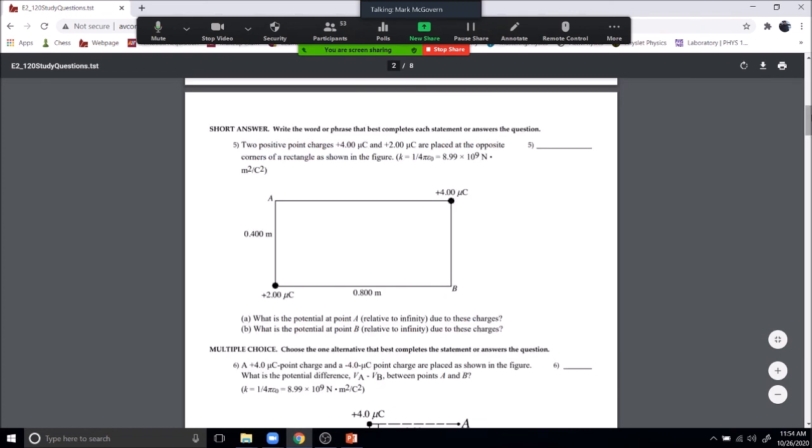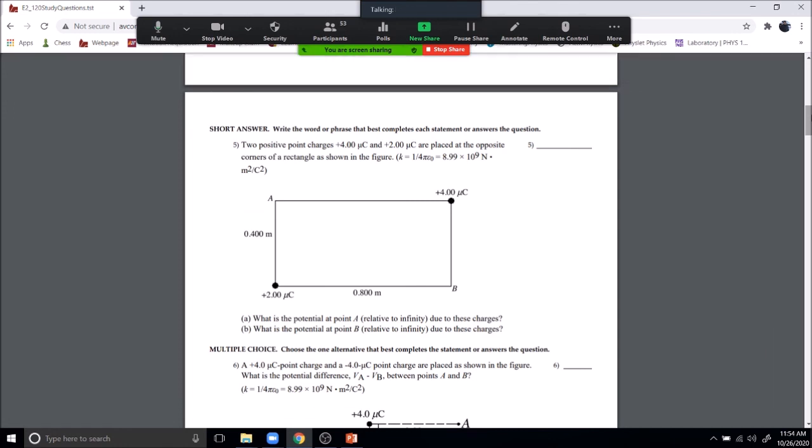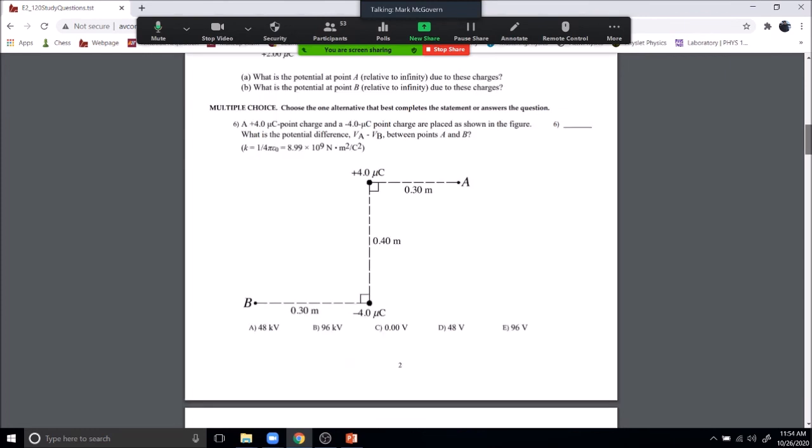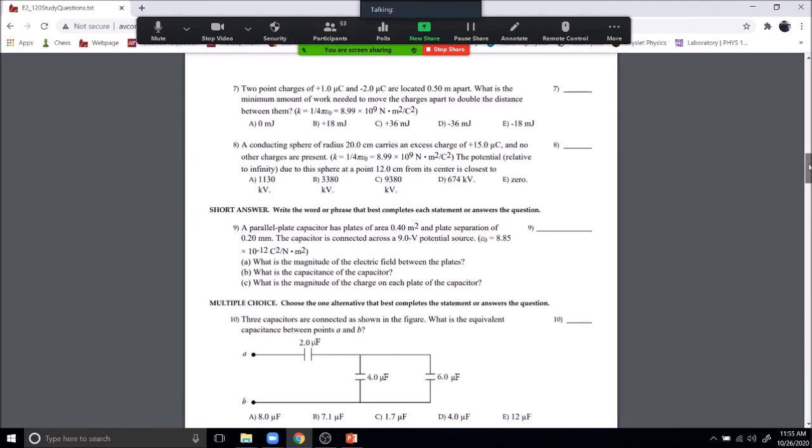All right. Anyway, in terms of the free response questions, I'm loving number 5 here, right? You've got a distribution of charges, and they want to know what the potential is at point A and the potential at point B. That's a good question. Right down here, you've got 2 point charges. What's the potential difference between A and B? Ooh, I like this one quite a bit. Now that's going a few weeks back, but that's a great question. Some of these are